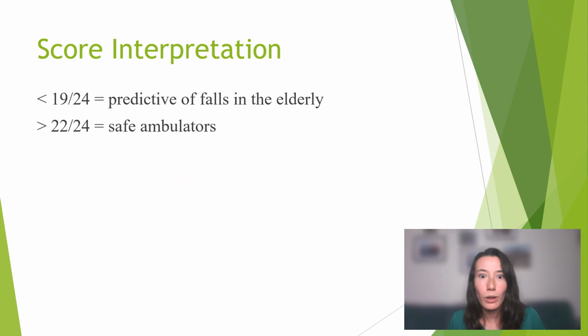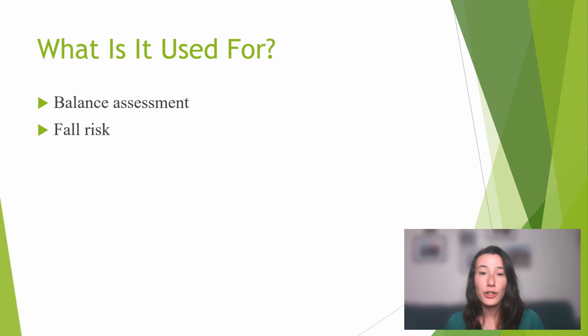Well, what about the missing numbers? 20, 21 out of 24? So of course research is always being done, but just have these numbers in the back of your head when you're considering the DGI. The next thing you should do when you're learning about a functional outcome measure is to